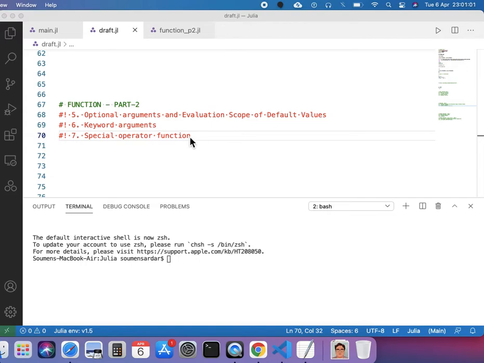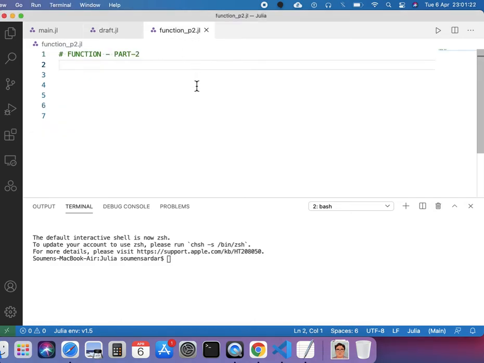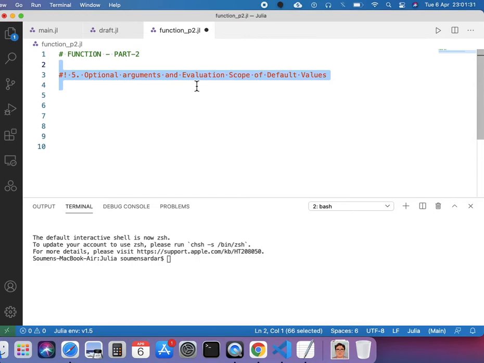So first is optional arguments, and very new in Julia, in programming actually, evaluation scope of default values, keyword arguments, and last but not the least, special operator functions. So let's dive in. And I made a file, function_p2.jl, and here is our first topic: optional